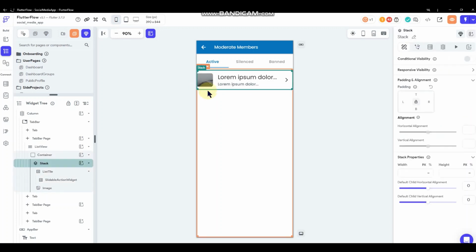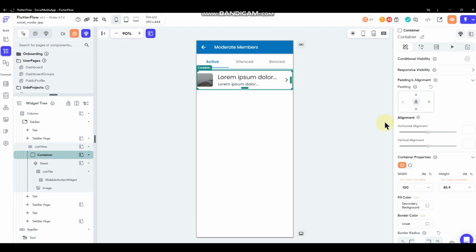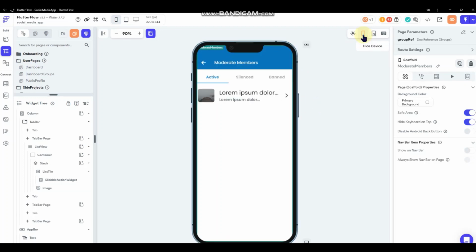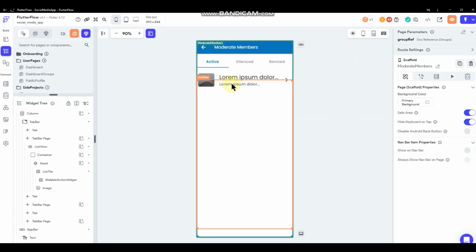it resting right up against the edge there. So I'm going to go to my top level container here, and I'm going to bring that in some. Give it a little bit of space, and I think I'll just leave it up against the edge on the outside, on the right side. Let's see how that looks. Yeah, that'll work. All right, so now I've got my slidable list tile here with a photo that I can